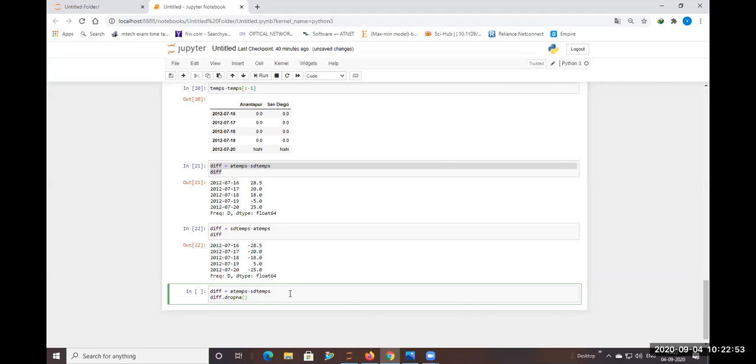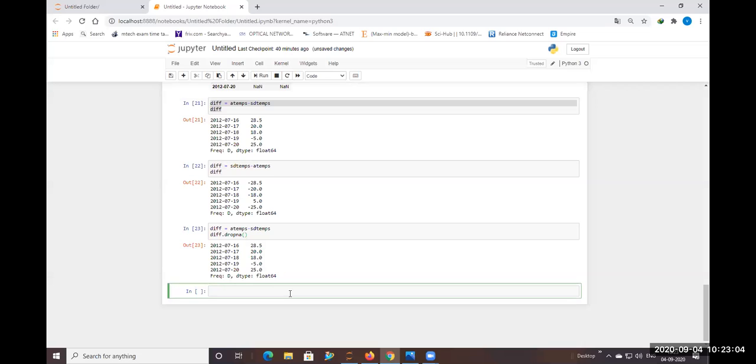If I want to drop one of the missing values within the data, that can be done with dropna, which drops the missing entries.